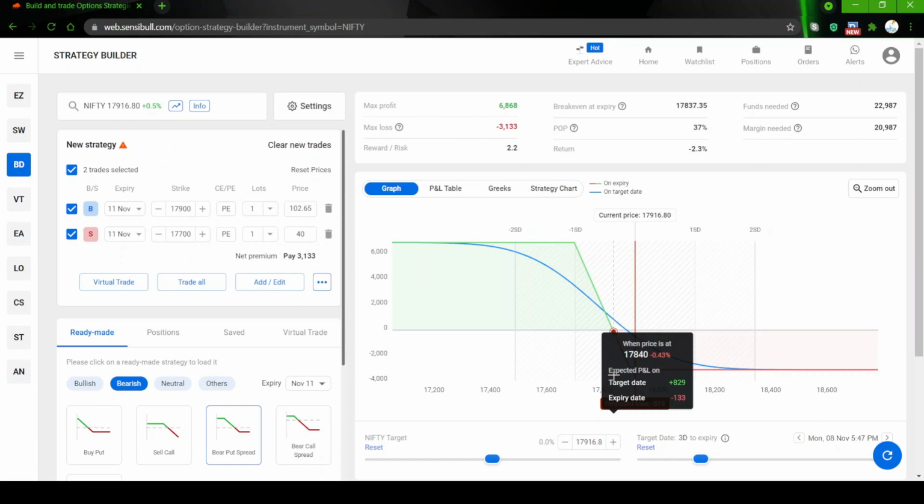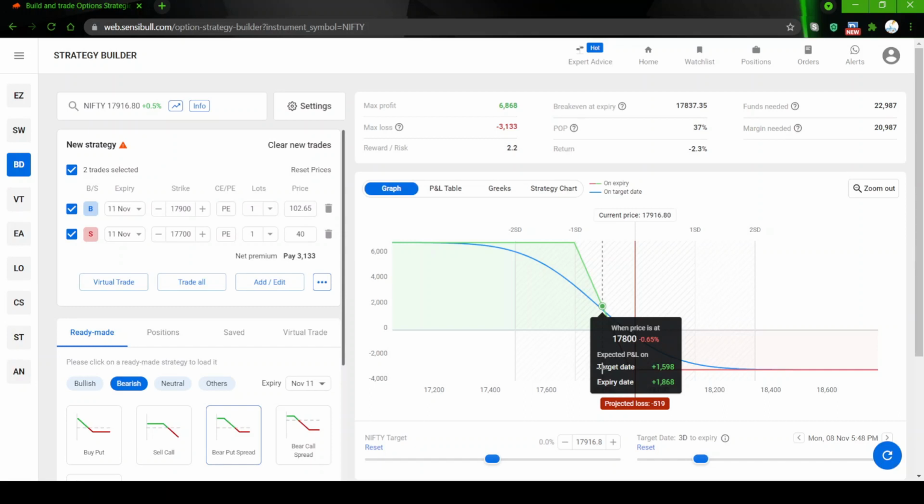Consider that the view is right and the market is going down and it goes to 17,800. At 17,800, our profit in this strategy will be about 1,868. That is on expiry date. If it happens before that, the profit will be less because there will be some time value left in the option. That time value we have to return. So the profit will be a little bit less. But on expiry date, there will not be any time value left. There will be only intrinsic value, or nothing if it is an out of the money option, which has no intrinsic value.